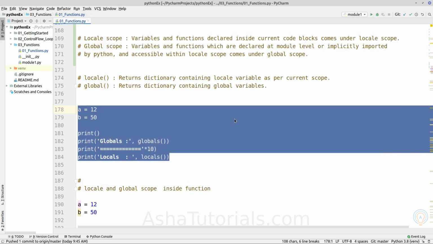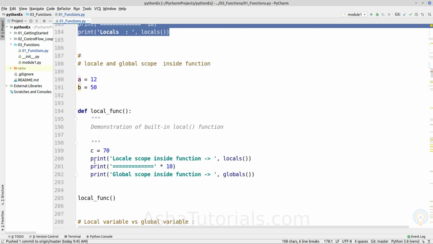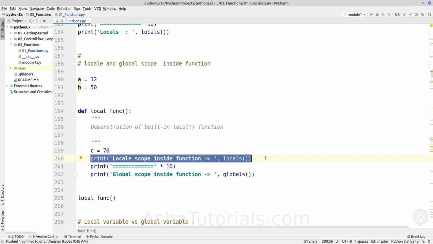We have also seen that we write a print function inside a function. What it means is that whatever values, variables, functions or classes are imported into the global scope are by default accessible inside the function, which is in the local scope.